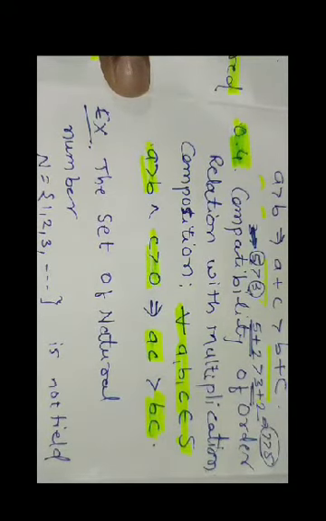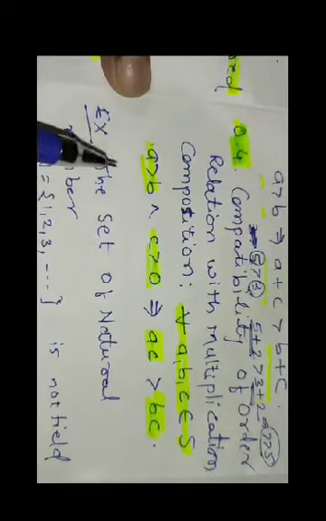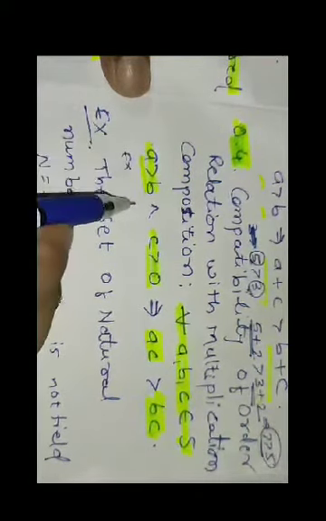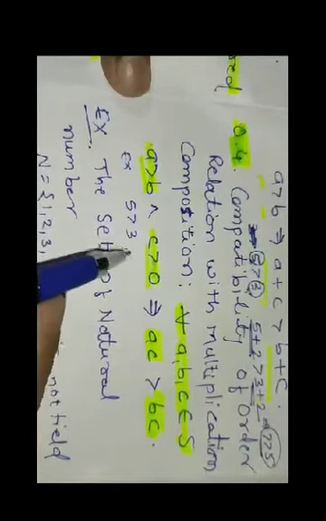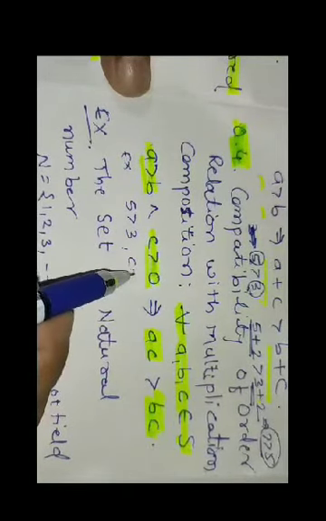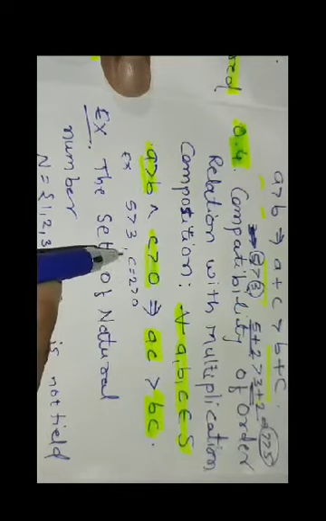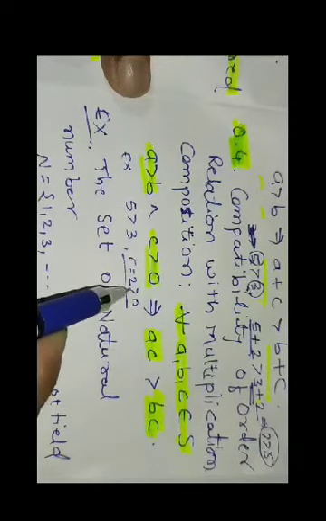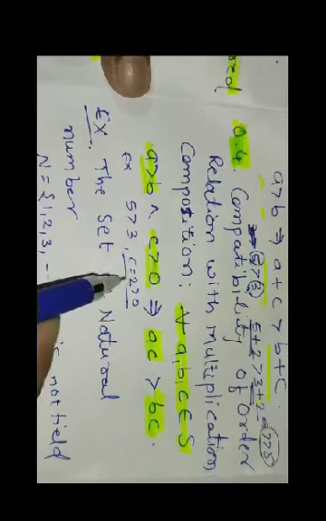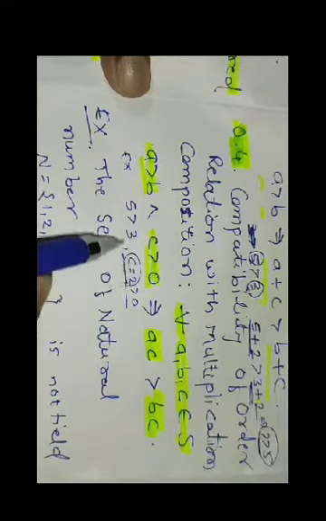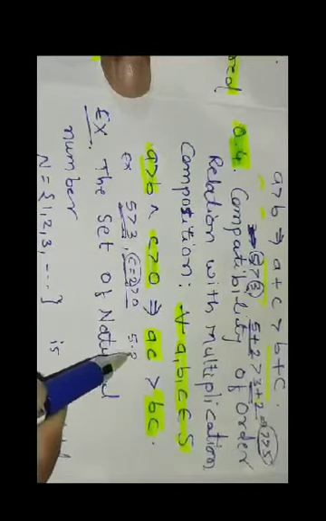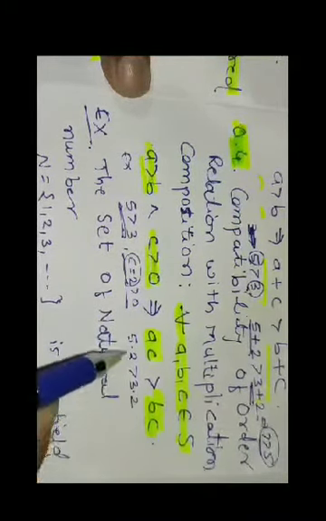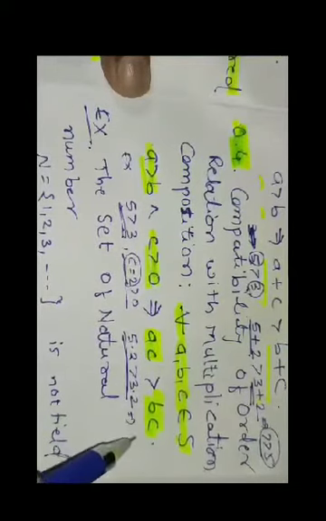That means if one number is greater than a second, we take a particular example. Suppose 5 is greater than 3, and we choose c as 2, which is greater than 0. If we multiply by 2 on the left and right side of this inequality, then 5 into 2 is greater than 3 into 2. Are you agree? Yes. 10 is greater than 6.